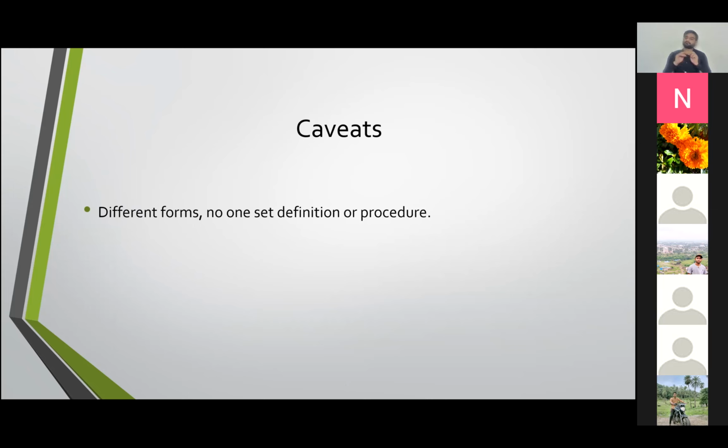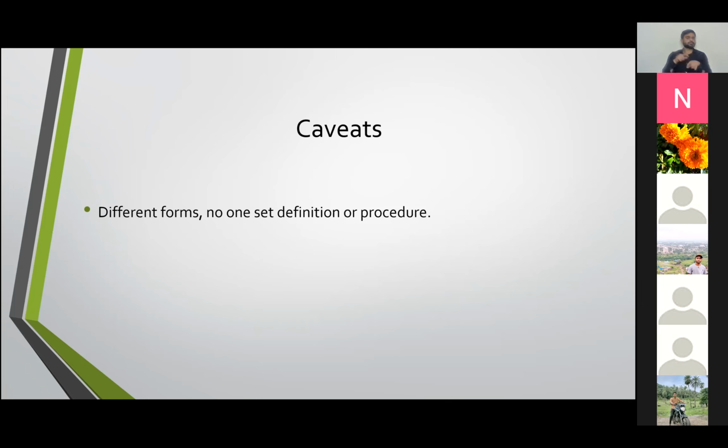Okay, since I don't see anything else in the chat and there's nobody speaking up, I'll come to some points. I've written caveats, but these are some points you should consider whenever you're taking up any research. Even if you're not taking up research, based on what I've presented, you might have formed some conception of it at least. I just want to make sure that conception is not very narrow. So when we talk about research, I think I mentioned a few times throughout the presentation last week, last time and this time,